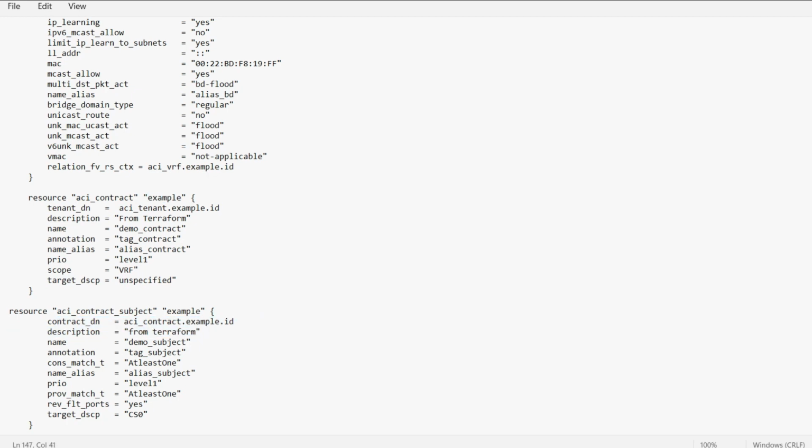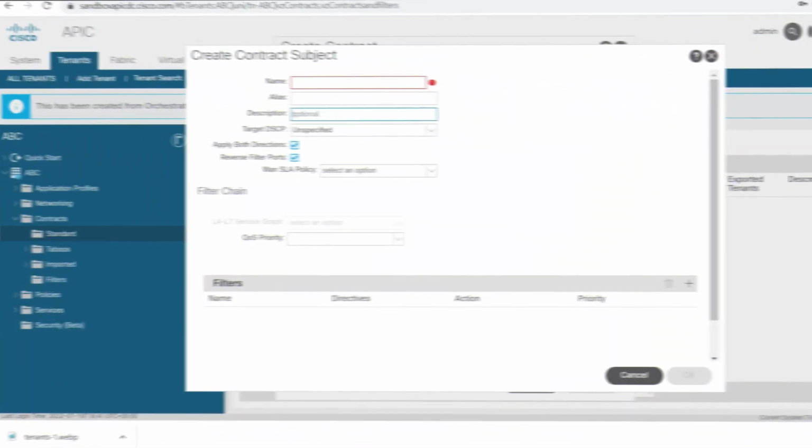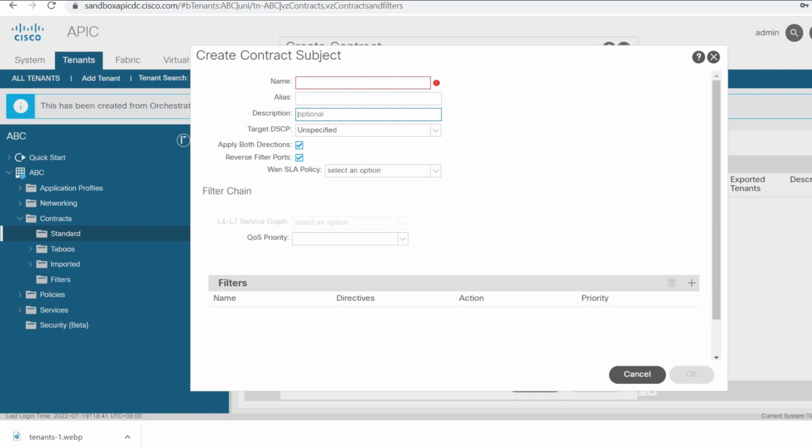Now the next thing is the description, name to the subject, demo subject, and the rest of the things I'm keeping as they are. Now I'll open the APIC GUI and add the subject. The next thing is to configure the filters. So if I click on this plus sign button,